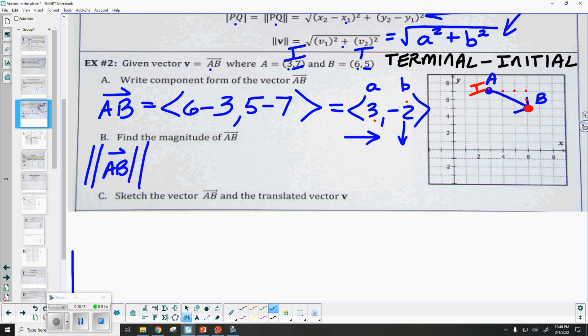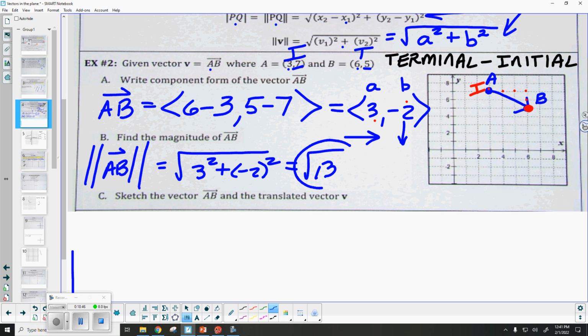Okay. Now, there are a variety of formulas you can go ahead and use, including the distance formula, but I'm just going to use the square root of a squared plus b squared. So the square root, what's the value of a? 3, so 3 squared, plus b squared, so that's -2 squared. So somebody simplify that for me. That would be the square root of what? 13, yeah, 9 plus 4. Now remember, if it can be simplified, we want to go ahead and do so, but 13 is a prime number, so that would be the magnitude. Remember, in this case, magnitude means the length of the vector.